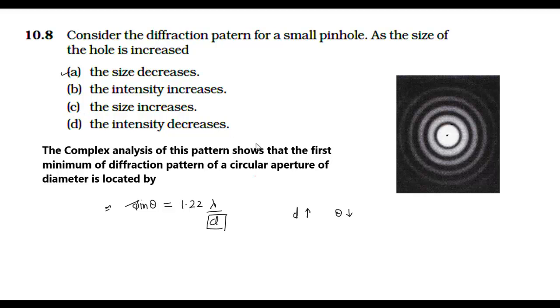Clear? Now with the increase in the size of the aperture, more light is able to enter through the aperture. More light means more energy is able to pass through, and hence the intensity of the pattern will increase. So we can say that option B is also correct, and obviously option C and D are wrong. So we have only two options correct, option A and